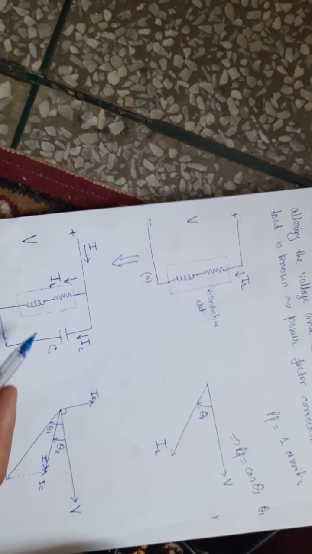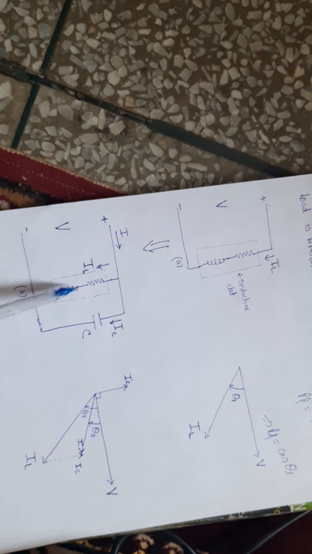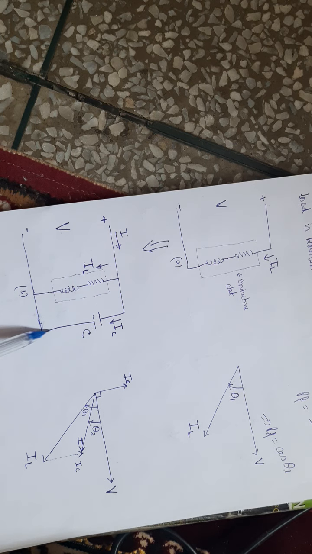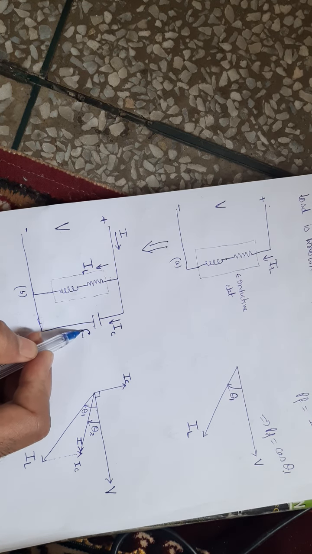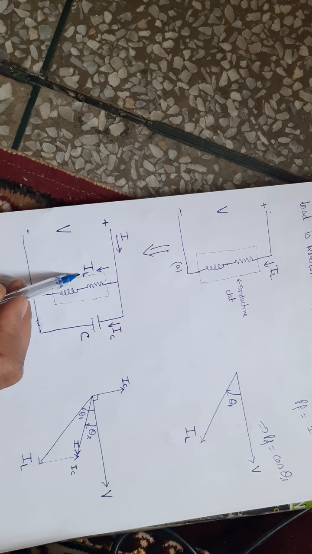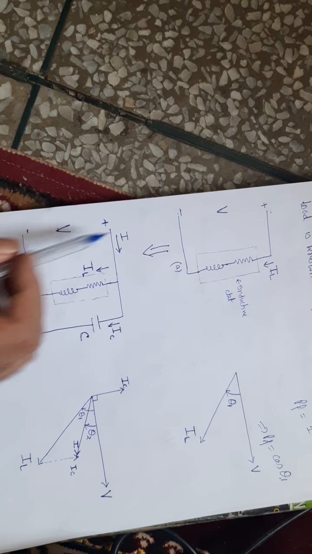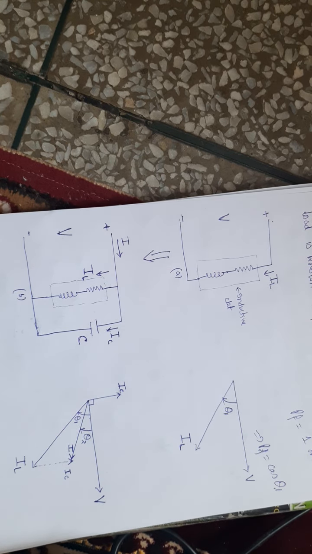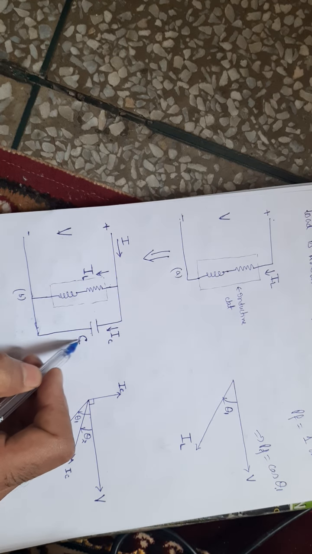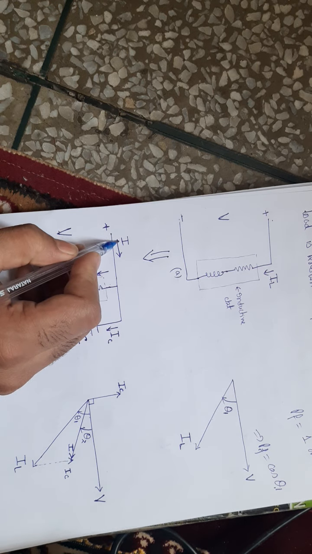Okay, how it can be done, I will show you here. Suppose I am adding a capacitor here in parallel with this circuit. This was an RL circuit, now same circuit here. I am adding a capacitor C in parallel with this. The current through this inductive circuit is the same current IL, and the voltage across this circuit is the same voltage V as it was here. Now, one more current, IC, is flowing through the capacitor, and the combination of IL plus IC is nothing but I, the total current.